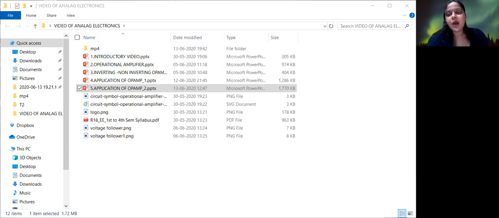Okay, now these are two circuits where we can have the comparator as an inverting op amp or a non-inverting op amp. In the uppermost figure, the input voltage is connected to the positive terminal of the op amp, so it is a non-inverting op amp circuit. And in the lower figure, the input voltage is connected to the negative, inverting terminal of the op amp, and so it is an inverting comparator.